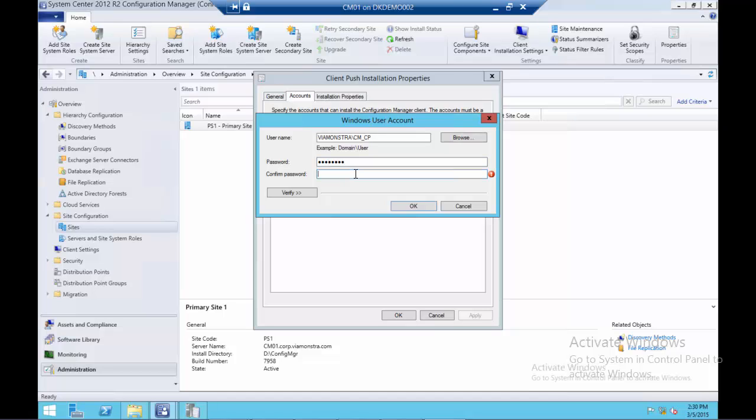A couple of recommendations behind this account. One is that you set the password to not expire so that we don't have to do this. The other thing is there's a group policy that we can configure that'll prevent people from using this account to actually log on to computers. And that's a really good security precaution because we are granting this account local administrative rights on the bunch of